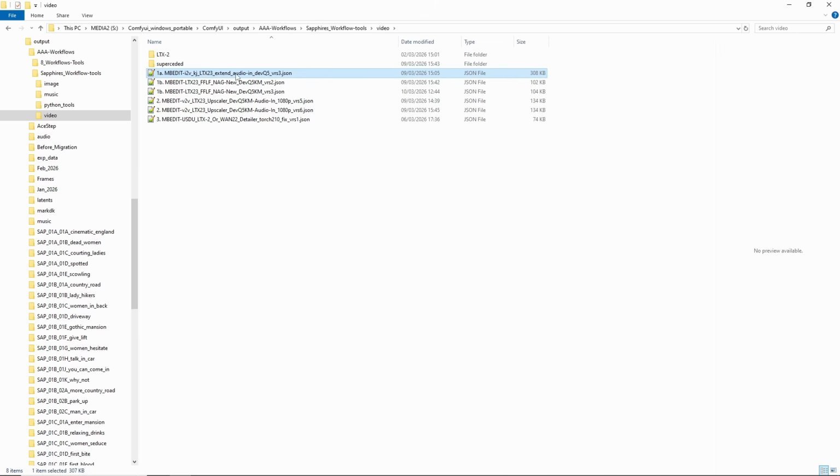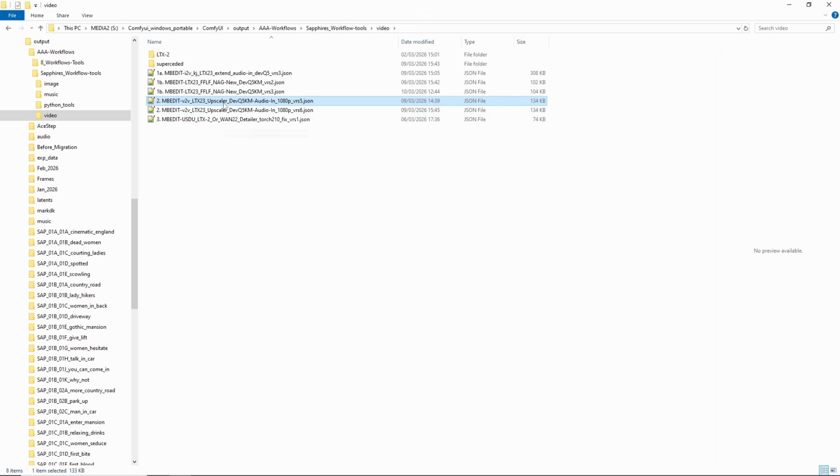There's an image one where I'll just put the text in to get it off a single image. There's the first frame, last frame one where I've got both images, the start and the end. I tested some last frame, middle frame, first frame, and first frame, middle frame, last frame, and they don't really honour the middle frame as well. So another problem with character consistency is due to that. And we've got the upscaler here. So these are the mainstays. I'll use that or that, 1A or 1B generally.